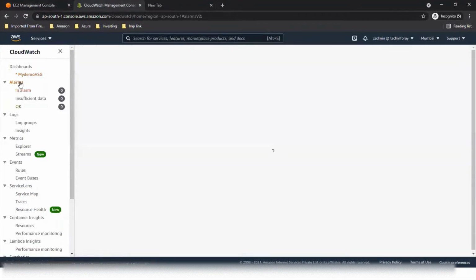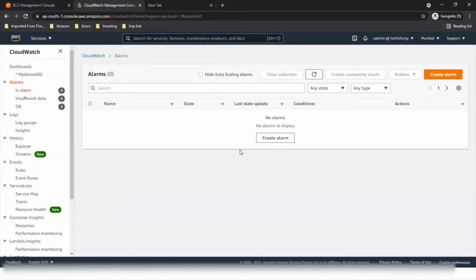In alarms, okay. So we need to create this alarm for when auto scaling policy will kick in. So here we are creating an alarm like if it goes above 70, then add one machine. If it goes below 40, then remove one machine. So that's what we are doing here.